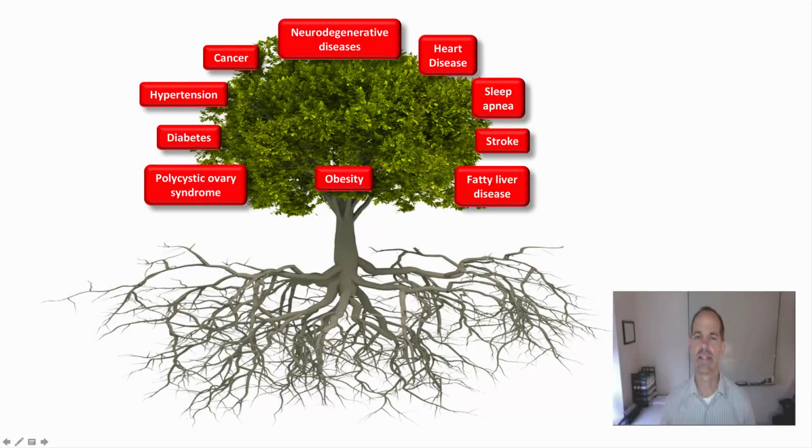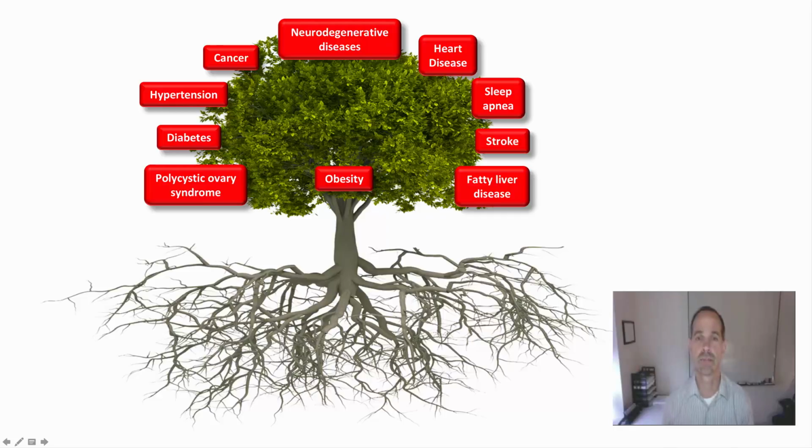So when I think of diseases, I often think of them as branches of a tree. And we know our society right now is plagued with a variety of diseases, including obesity, which I strategically have put more towards the base of this tree because we know obesity actually leads to many of the diseases. Currently, we have over 2 billion people in the world that are obese, and we don't die necessarily directly due to obesity, but we die because of the increased risks for all these